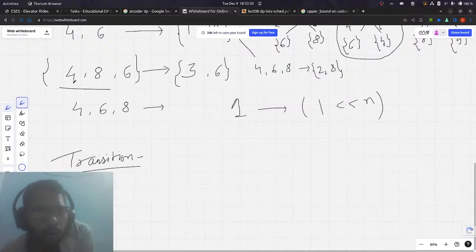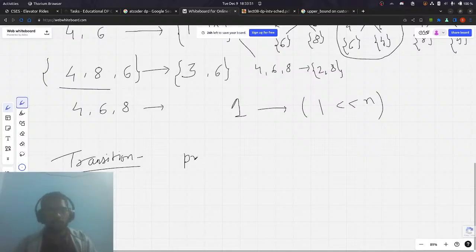For all the members of that particular combination, we will check what is the answer if that value is not present in that combination. So basically, we'll check for the,